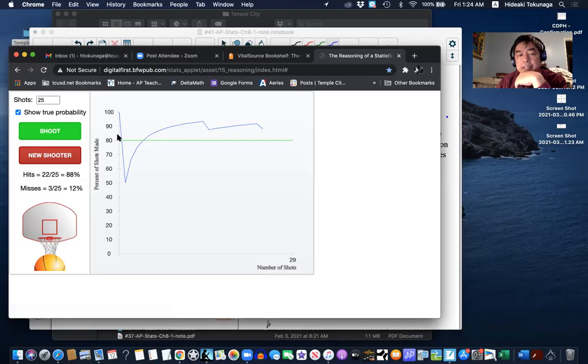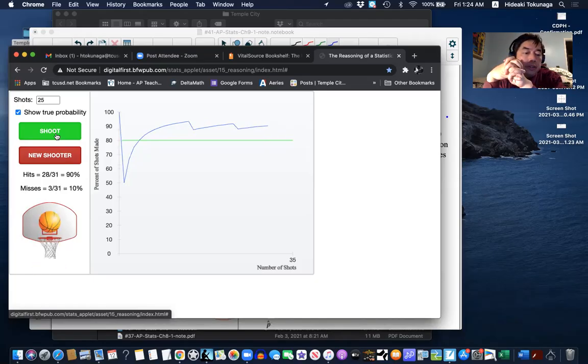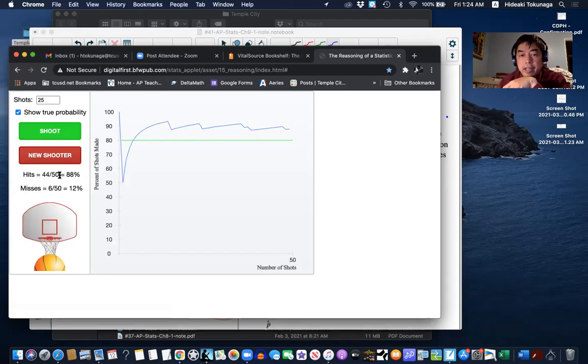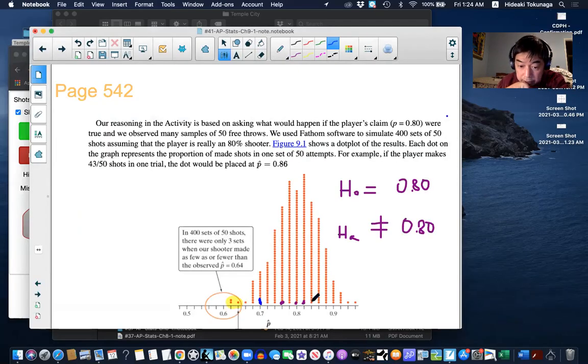Even though his probability is 80%, this time is really way above, which is 88. So I do 25 more. Oh, good. He's doing really good. All right. Okay, he kept very high, so 88, so it goes here. 88 is 82, 84, 86, 88 right here. It's okay. So now